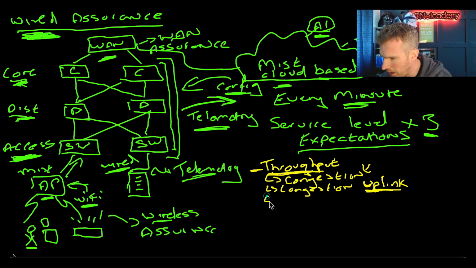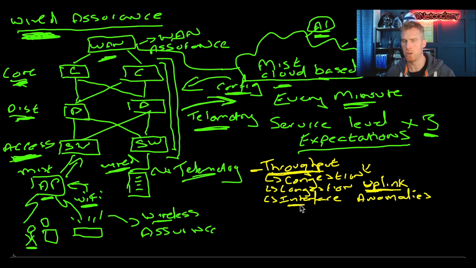Another classifier for throughput is interface anomalies. And the key word here is interface. So what are the anomalies on the interface? Now, that doesn't mean dirt in the optical head on that fiber or anything like that. Not that kind of anomaly. What it's actually referring to is 3 different what's called subclassifiers. And you'll see all of this on the user interface.